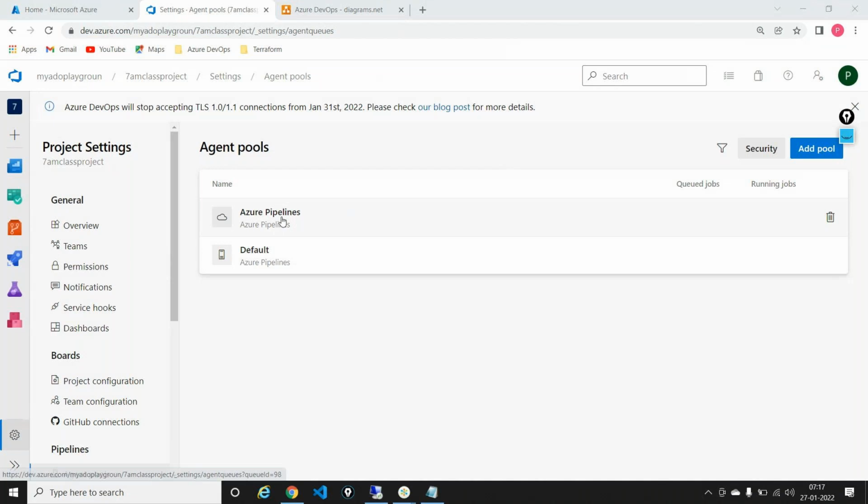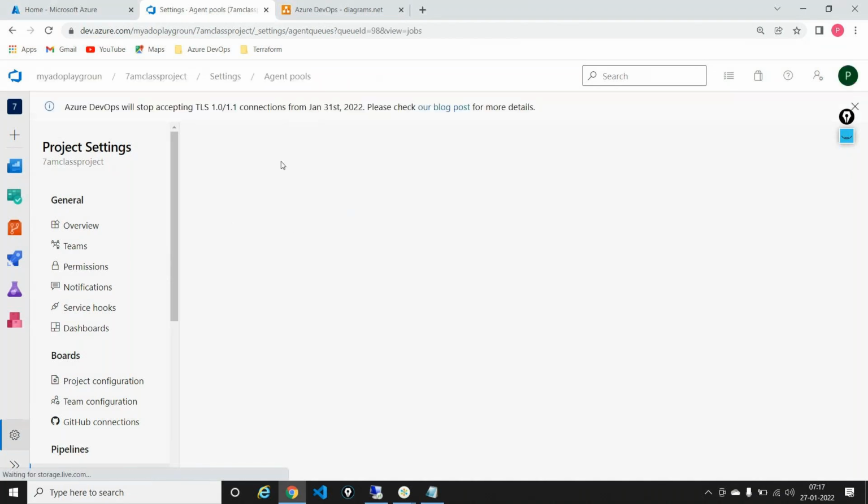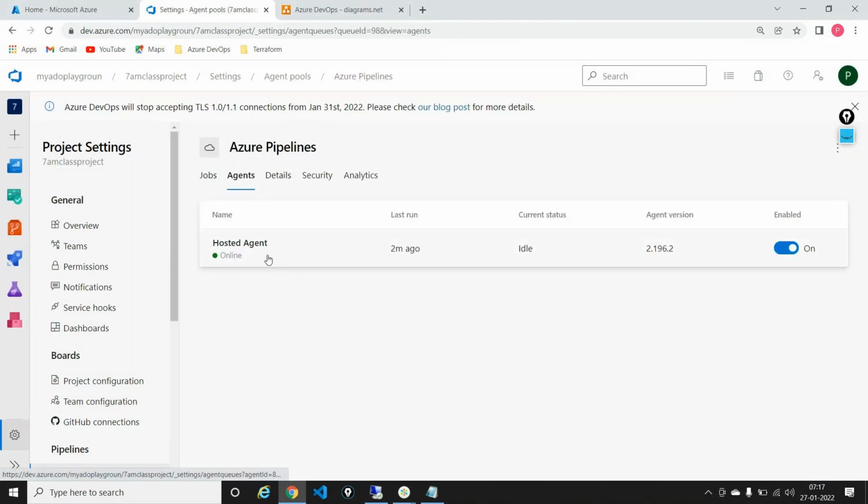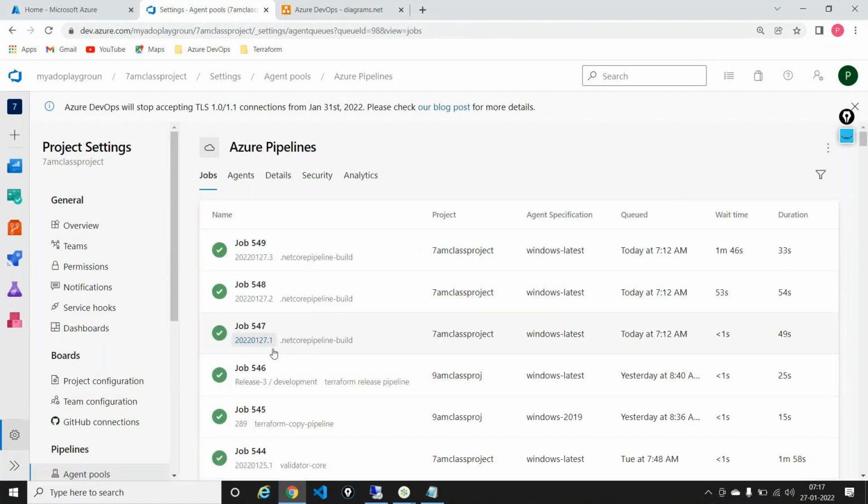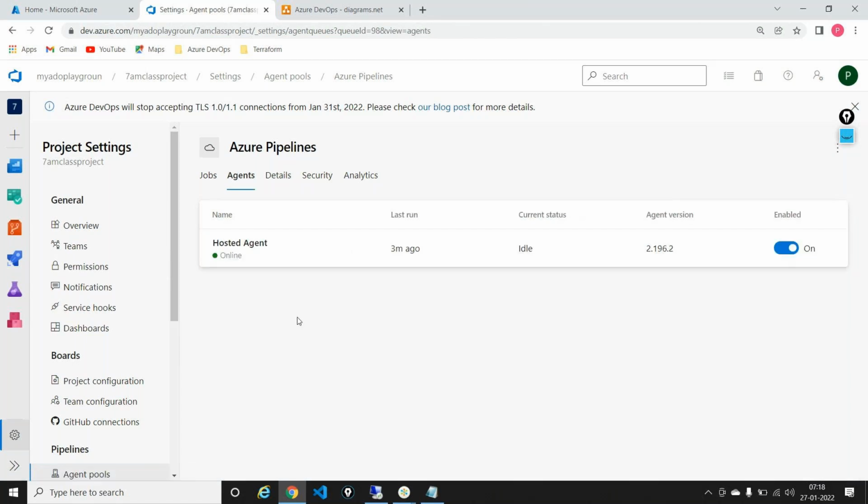And if I click on the Azure pool, I have one agent and there were many jobs that are run. Job meaning if you trigger a pipeline, it's called a job. So there is one agent basically lying in my pool, and there are multiple jobs that already